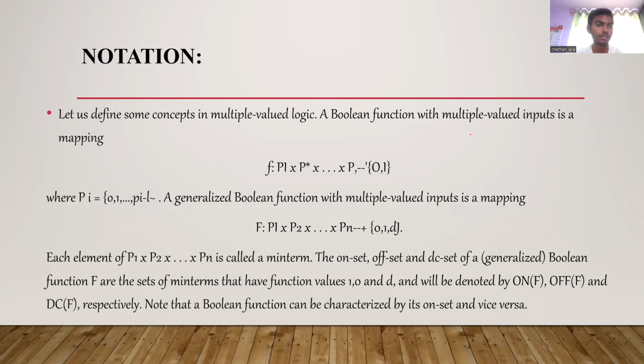And the second part is notation. Let us define some concepts in multiple valued logic. A Boolean function with multiple valued inputs is a mapping. For P1(x), P2(x), up to Pn(x), where Pi is equal to {0, 1, ..., pi-1}, pi means the number of values. A generalized Boolean function with multiple valued inputs is a mapping. Here the mapping is P1(x), P2(x), P3(x), and so on up to Pn(x). Each element of P1, P2,